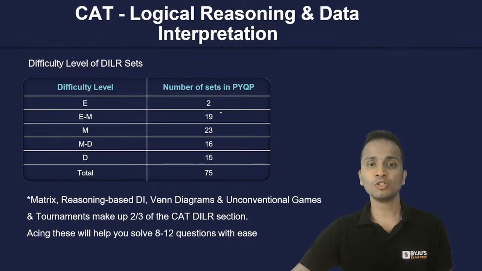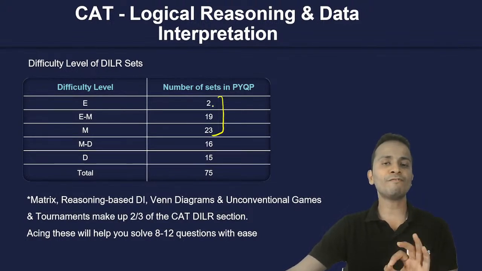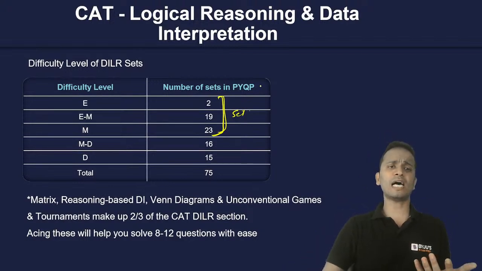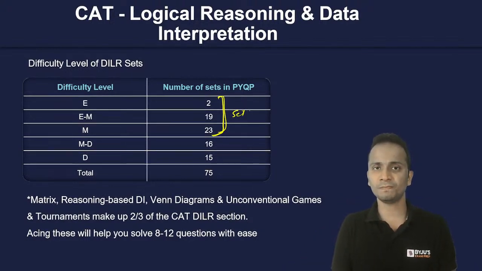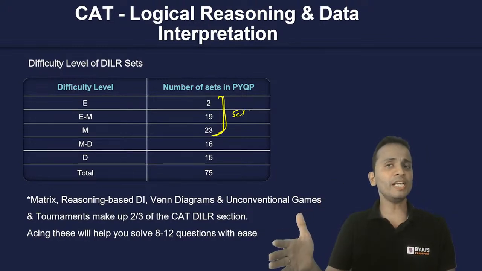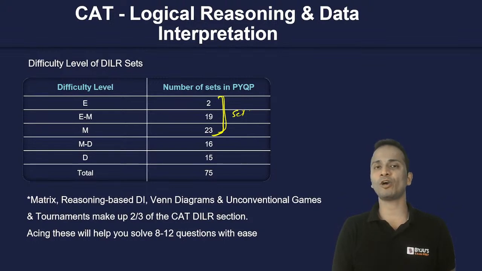Most of the questions. So out of 75 questions, more than 40, or precisely 44 questions, 44 sets, right? So more than half of the sets are from easy to moderate level of difficulty. Now this happens every year in every slot. Last year, when there were 20 questions divided in 4 sets, 2 sets were doable. So out of 20 questions, you could easily attempt 2 sets, that is 10 questions, given in 40 minutes.